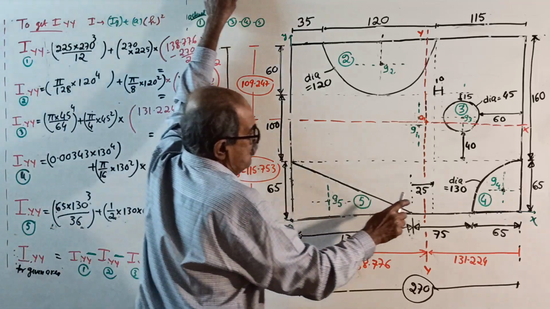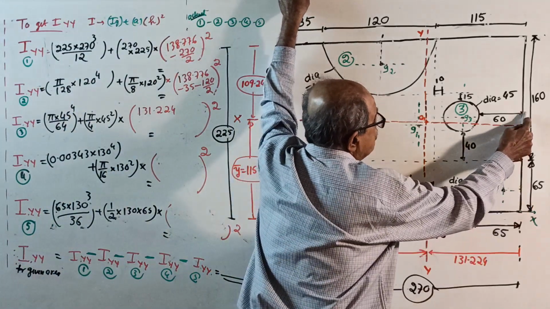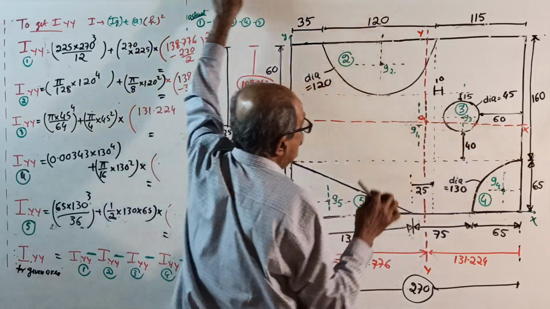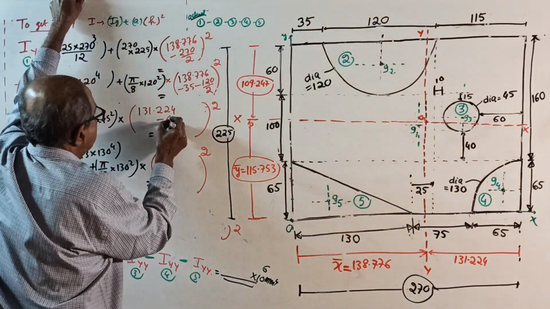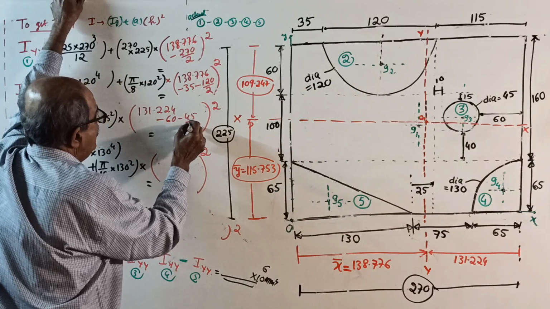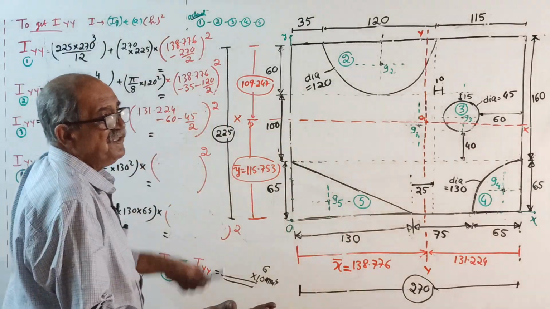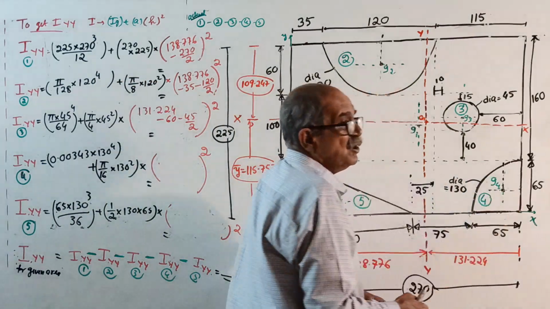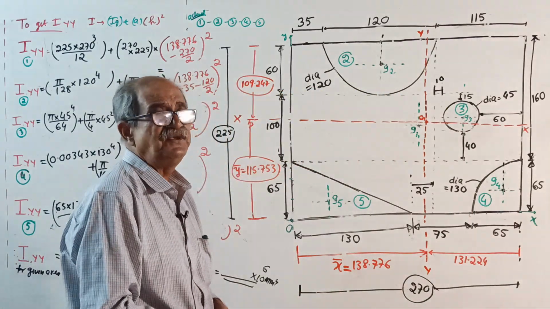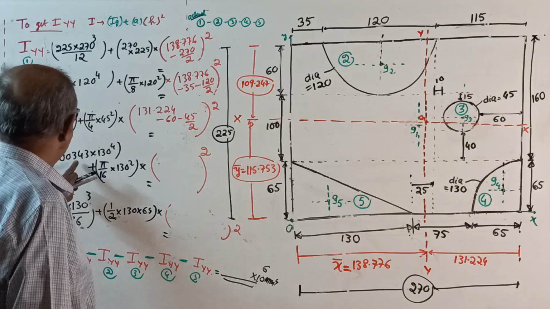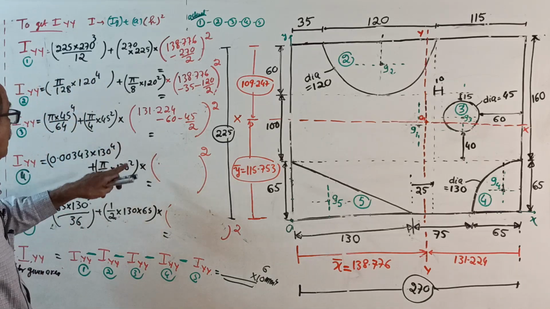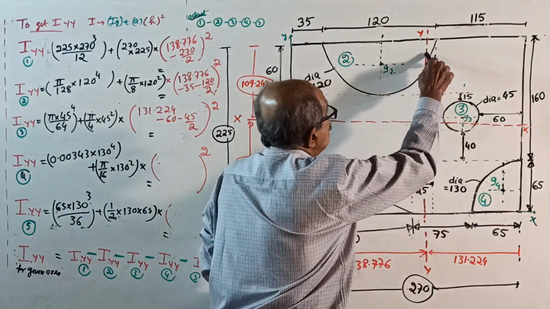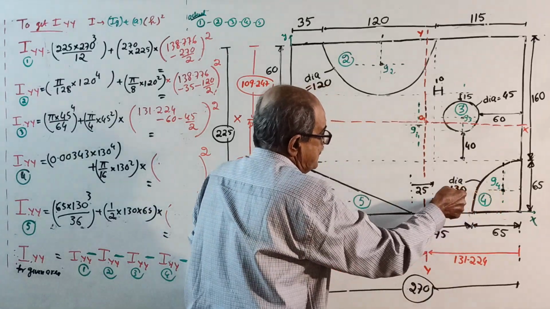131.224. From 131.224 subtract 60 and come to center. Subtract half of 45. Minus 60 minus 45 by 2, whole square. Very easy, see. Fourth one, I about its own centroidal axis. Quadrant of a circle, whichever axis you take, it is 0.00343 diameter power 4 plus area into from centroid of the quadrant to yy axis. This distance square is